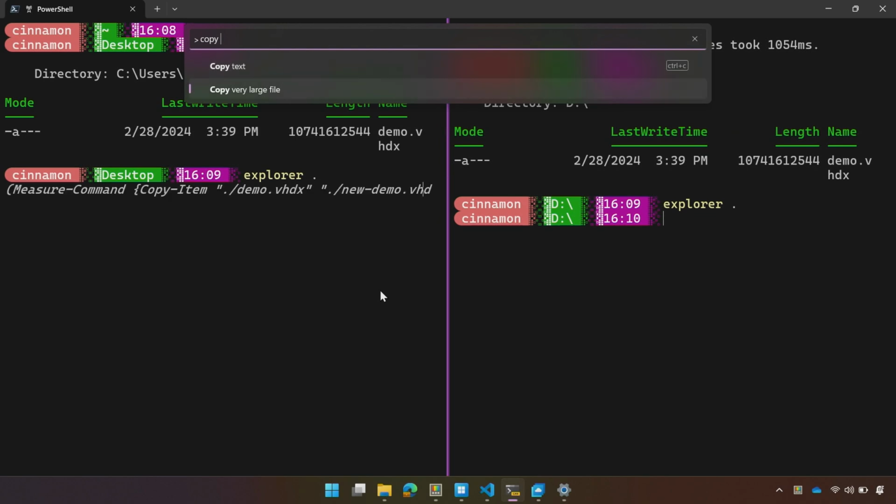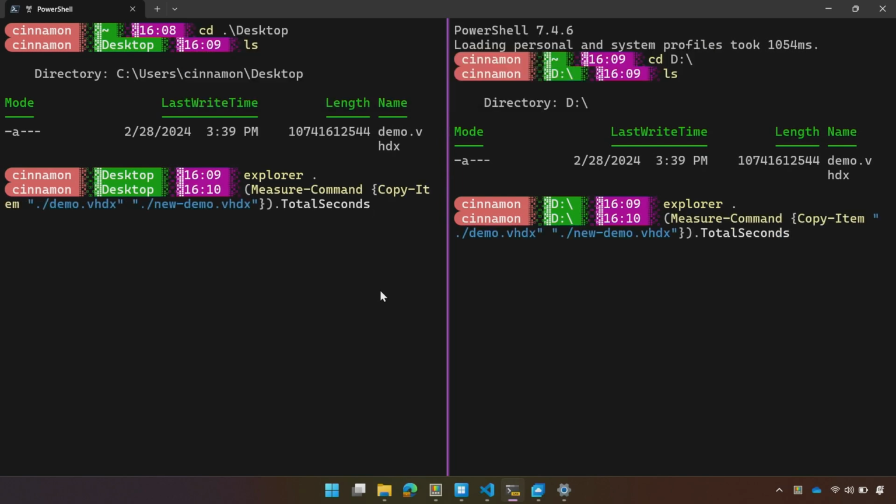It's very descriptive, and that's what we're going to do. This is going to insert the text that I'd like, which is to measure how long this is going to take, and copy the demo file into a new instance of itself called new demo. So how fast do we think this is going to be on the dev drive side? Maybe like 5 seconds, 10 seconds, 1 second? 15 seconds? Maybe. OK. We're going to try it.